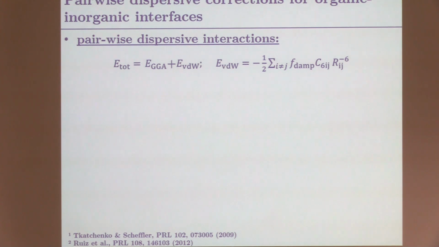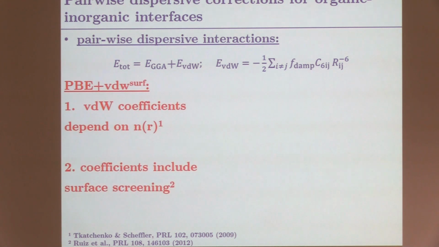Add it to my total energy, and as you know, since I take the derivative of the total energy with the coordinates to optimize geometry, my forces will change, and the geometry I find will also change. Now, you see I have here these parameters C. R is just the distance between the atoms, but I have these parameters and some other parameters in this expression. And you can calculate these parameters from very accurate methods in the gas phase,